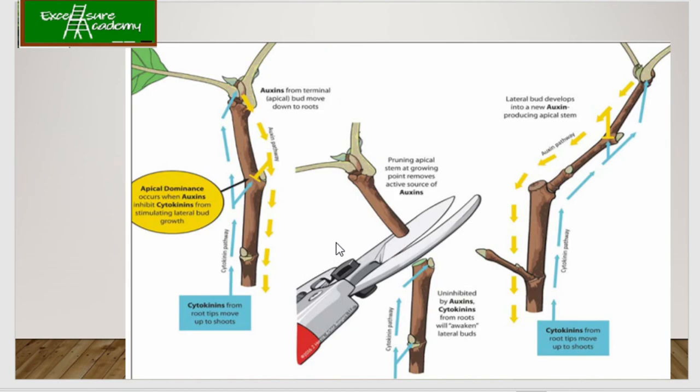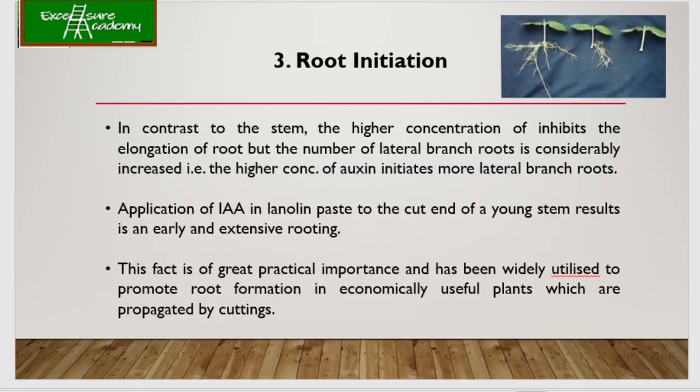This is again another figure. You can see that the apical portion is growing, right? Because auxin is highly concentrated over here. Now, if you remove this portion, like how it has been cut over here, you can see that the auxin gets to the lateral region and it starts growing over here and here. Okay. So this is one of the physiological effects.